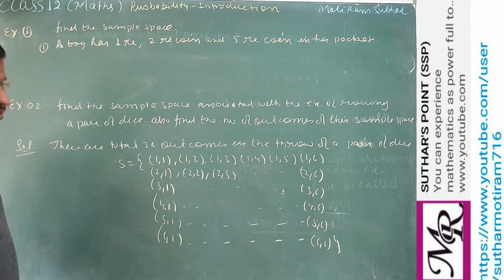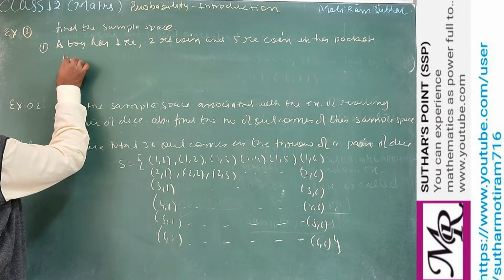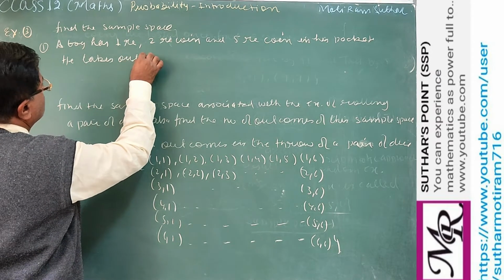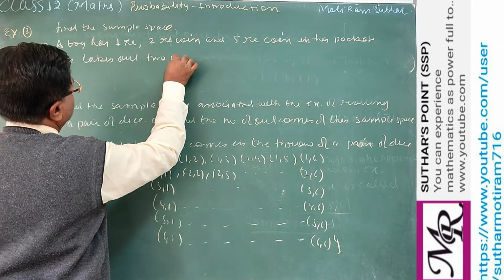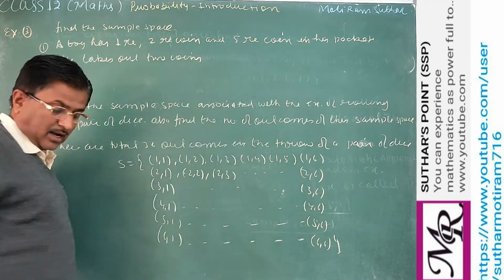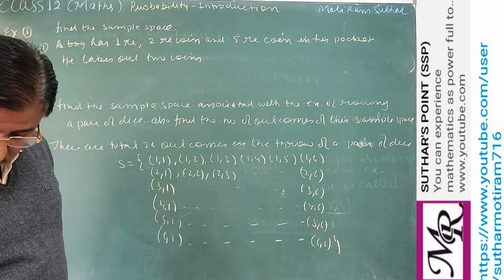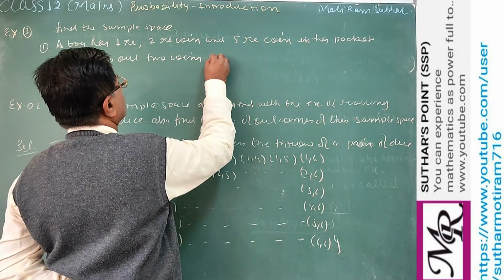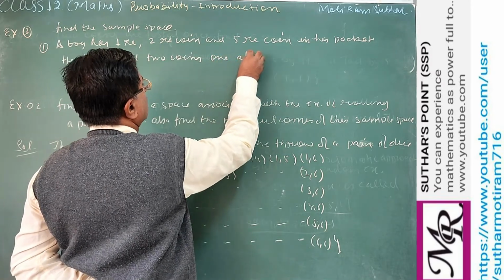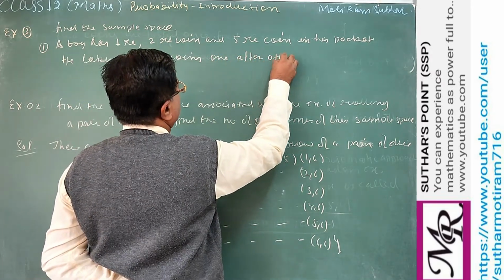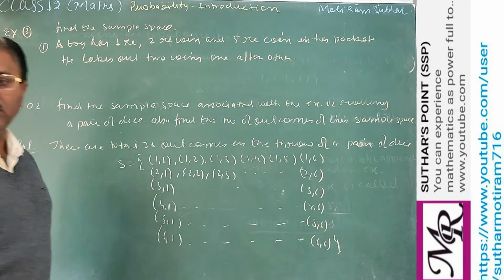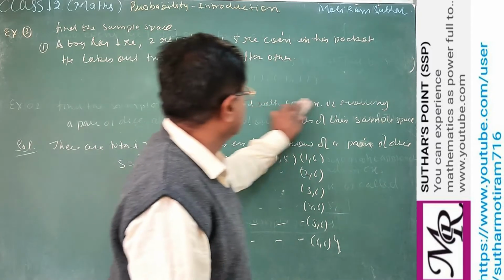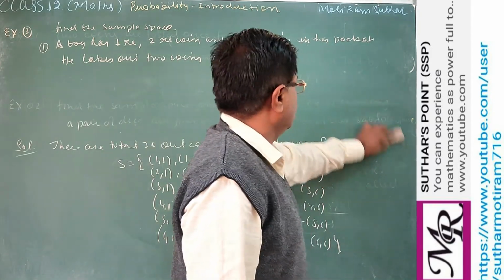He takes out 2 coins, one after another. Then what is the sample space we have to find? For this case. Second, it says,